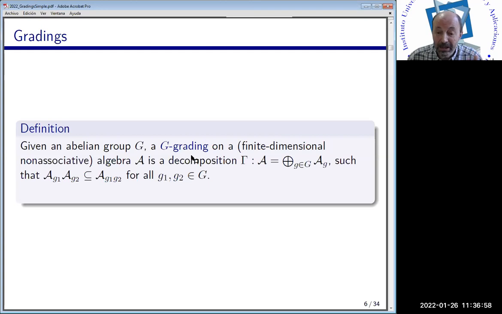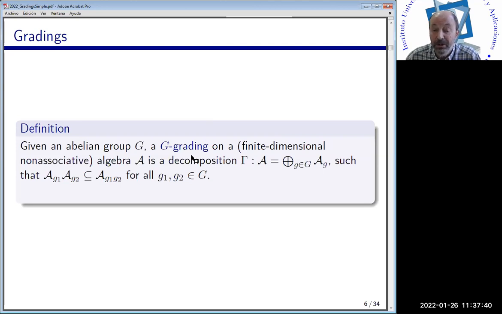Since I will be dealing with gradings on simple Lie algebras, even if we grade a simple Lie algebra by a non-abelian group, the support of the grading generates an abelian group. So actually, gradings by non-abelian groups on simple Lie algebras are indeed gradings by abelian groups, by a subgroup of the grading group. So there is no restriction assuming abelian groups. So all the groups here will be abelian, and then a grading by the group G on an algebra, not necessarily a Lie algebra, not necessarily an associative algebra,